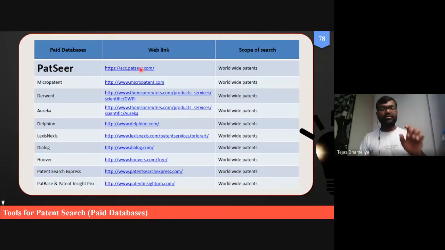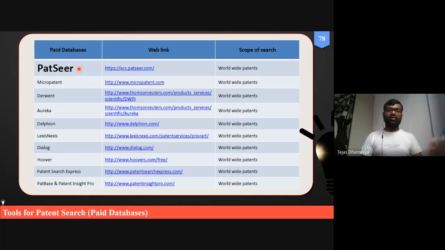Two years ago, if you wrote a mail to the GTU person for access to PATSEER, which is a paid database GTU has purchased, any student studying in GTU would be given a username and password, which remains active for at least one or two weeks.